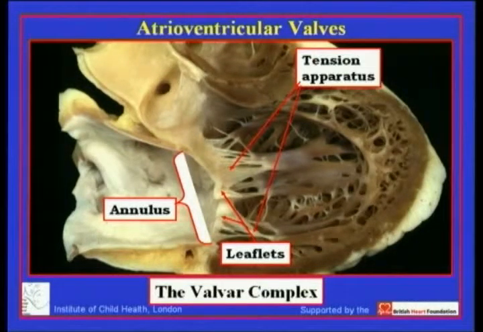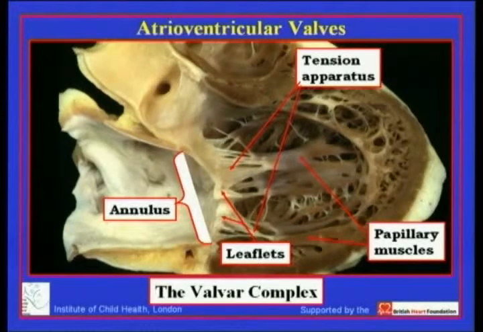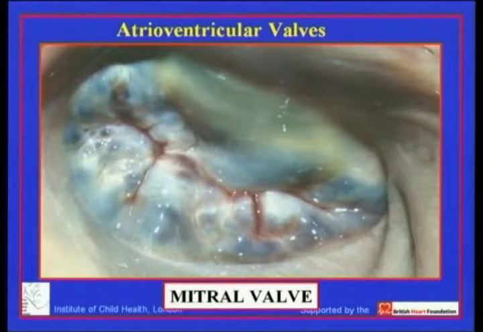Then beautifully you see the tension apparatus extending from the edges of the leaflets and connecting those to the papillary muscles, which are then intermediate between the fibrous components of the valvar apparatus and the musculature of the ventricular mass. And so all parts of this need to work in harmony. And if they work properly in harmony, then during ventricular systole, the leaflets fit snugly together, the tensor apparatus prevents the leaflets flipping inside out under the full force of ventricular contraction, and you get this exquisite picture of the